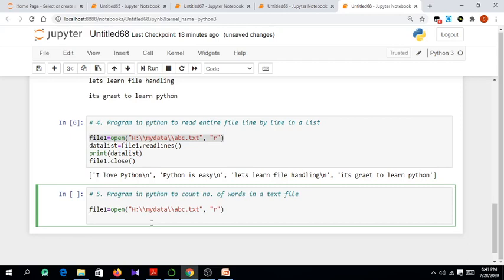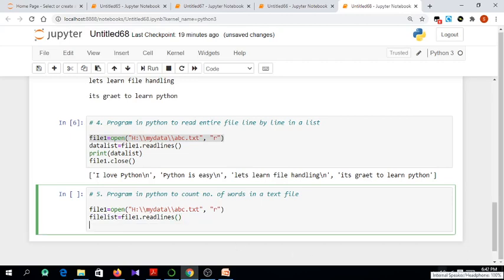Now let us read the file using the readlines function. Let me name it data file list, because it returns a list. For this we are going to use the file1.readlines function. We know that this automatically returns a list of all the lines as elements, and whatever list I am returning from the file, I am naming as file list. So we have a list which contains each line of the file as an element.